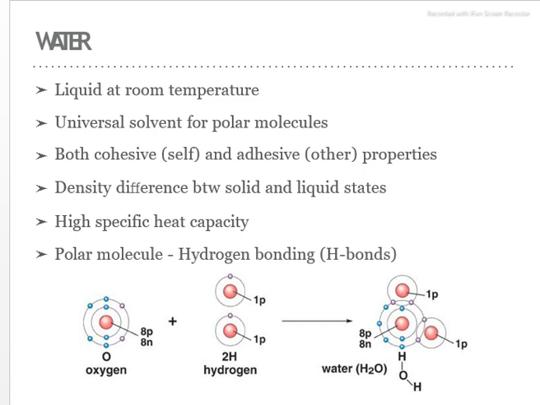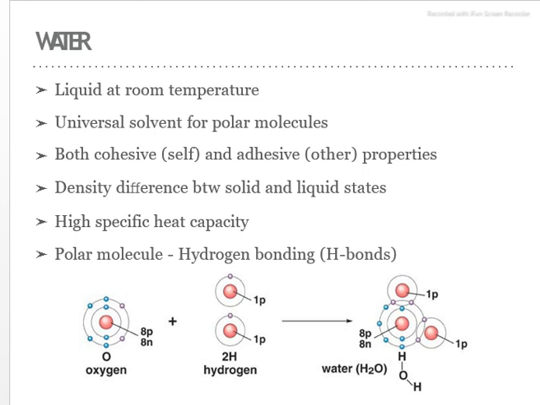So water is a polar compound because of the presence of hydrogen bonds. So what are hydrogen bonds? We know that water consists of mainly two elements, that is oxygen and hydrogen. Oxygen has 6 electrons in its outermost shell and hydrogen has 1 electron in its outermost shell. So to complete the octet of both oxygen and hydrogen, they have to be involved in covalent bonding.